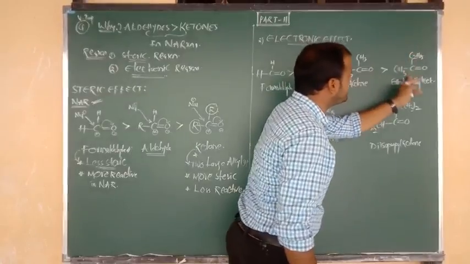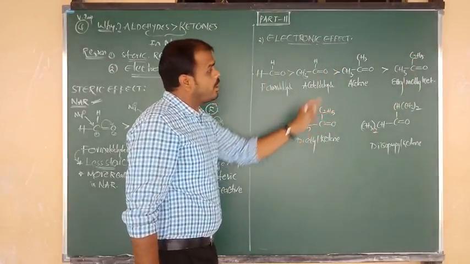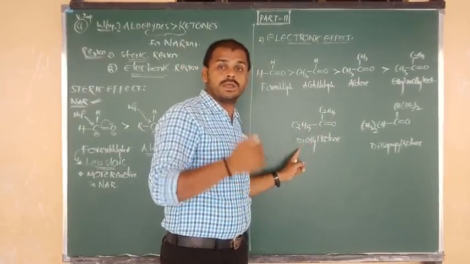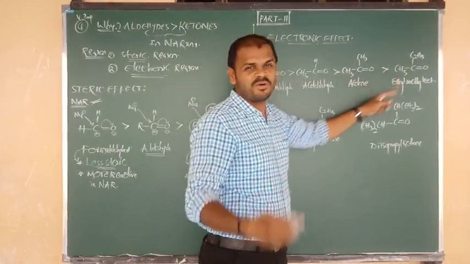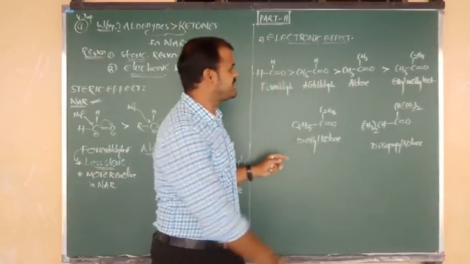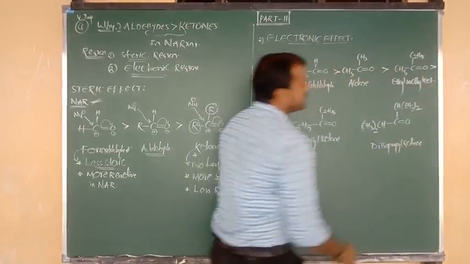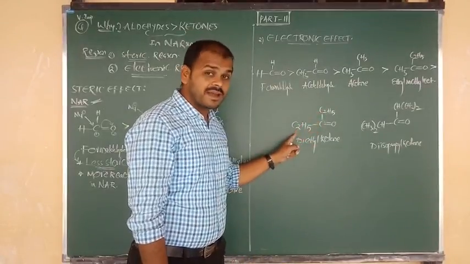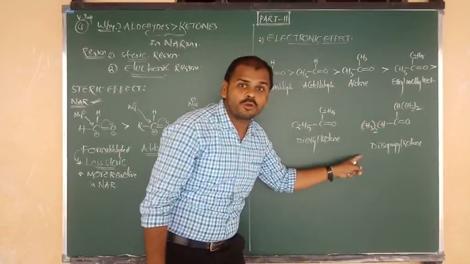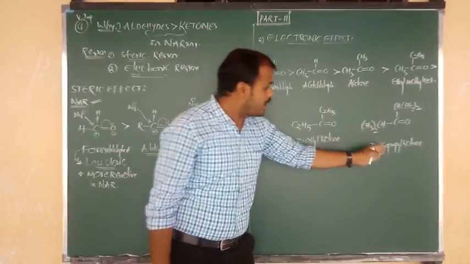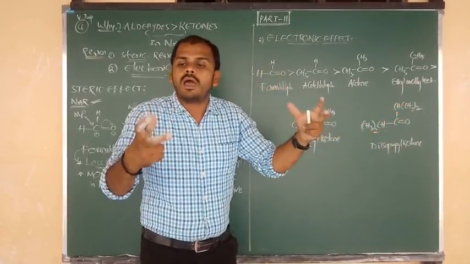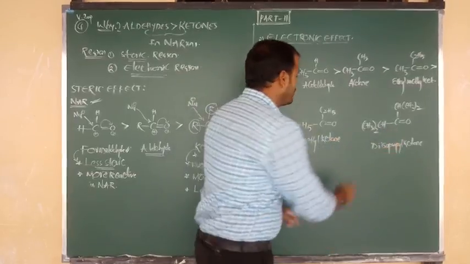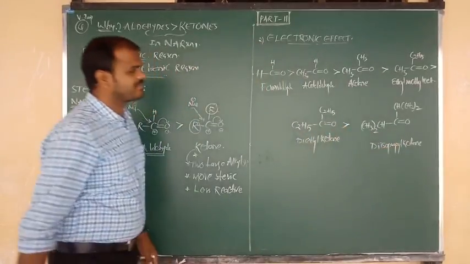Okay, this is ethyl methyl ketone, this is diethyl ketone. There only ethyl is bulky, but here two bulky groups are there. It is more steric, less reactive; less steric, more reactive. Okay beta, so here ethyl methyl ketone is more reactive as compared to the diethyl ketone. Here ethyl groups are there too, but here two diisopropyl groups are there. As compared to this one, the last one contains more bulky alkyl substituents, so they cause more steric repulsion. I mean less reactive. So this is more reactive.